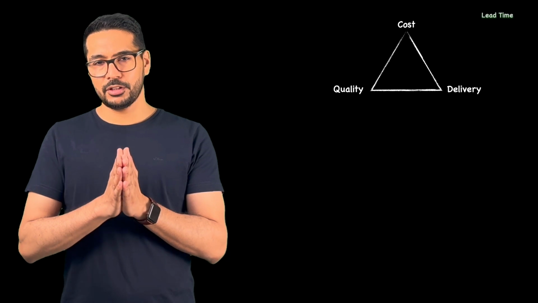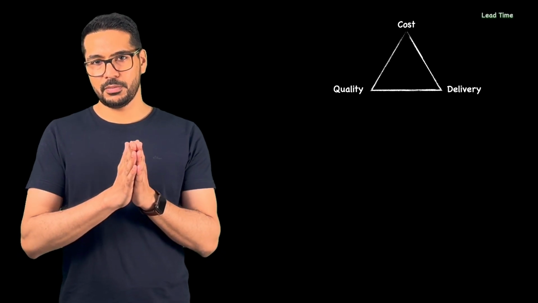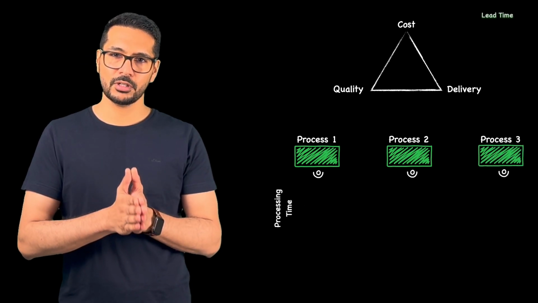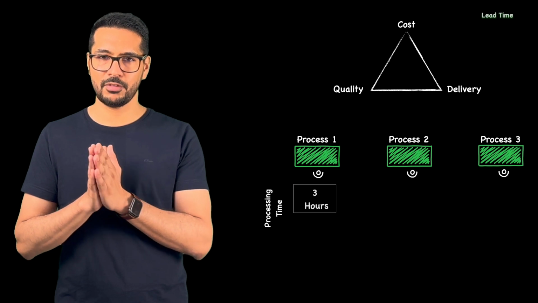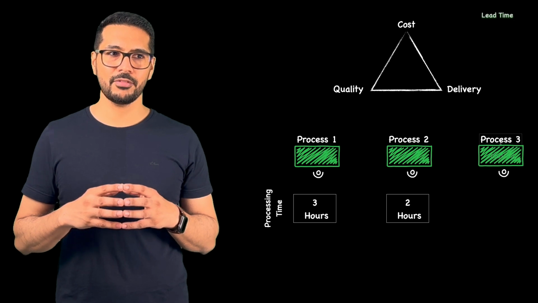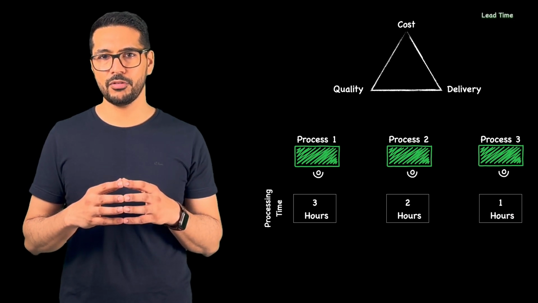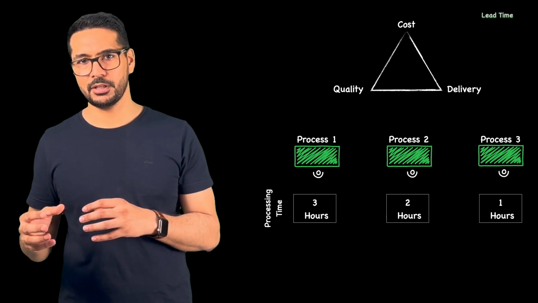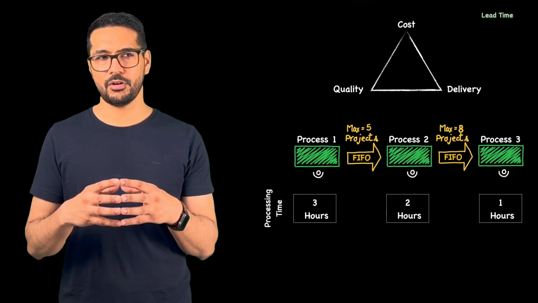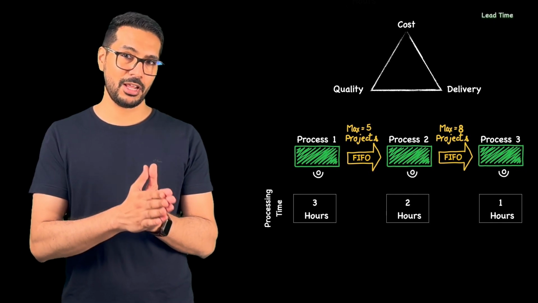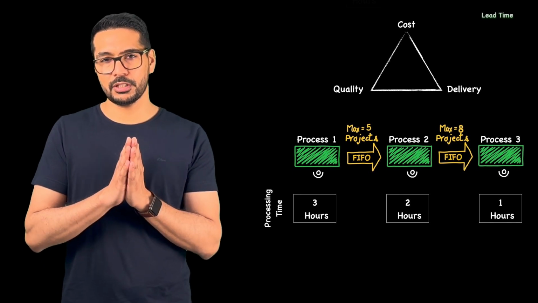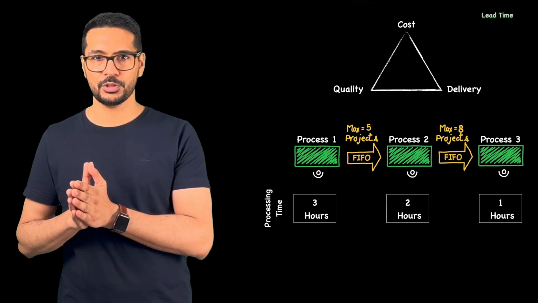Consider that we have three processes: process number 1, process number 2, process number 3. The first needs 3 hours to work, and the second and third need 2 hours and 1 hour respectively. What happens normally, we don't have a defined maximum number of projects between these processes. So imagine if we define that the maximum number of projects or tasks between process number 1 and 2 is 5 projects, and the maximum number of projects between process number 2 and 3 is 8 projects or tasks, then